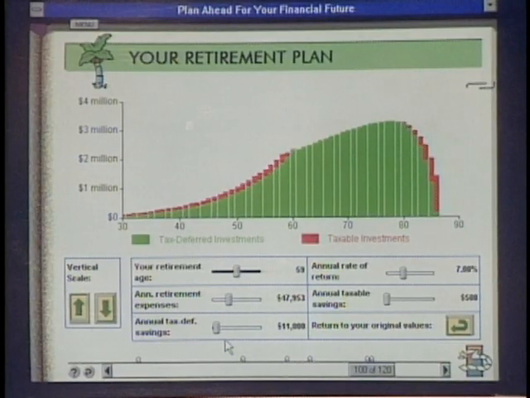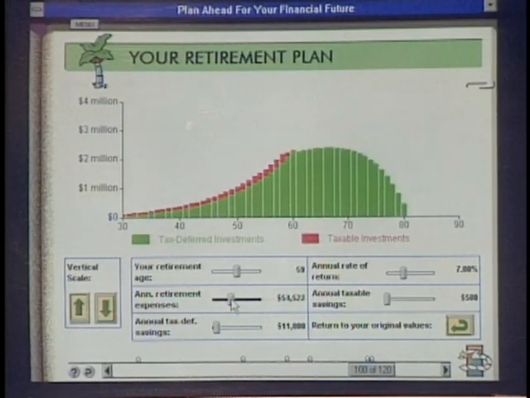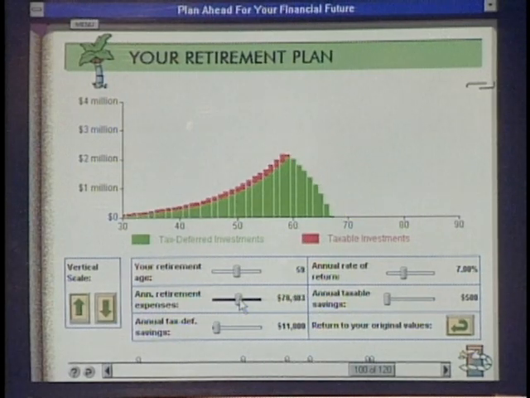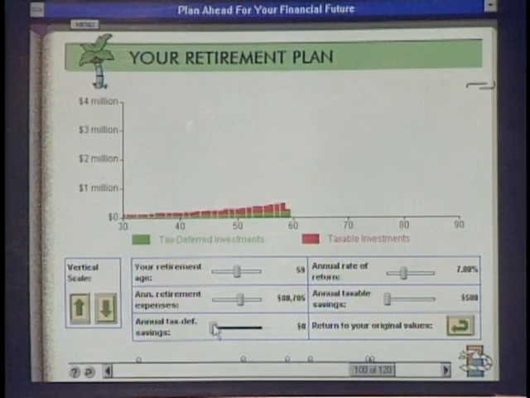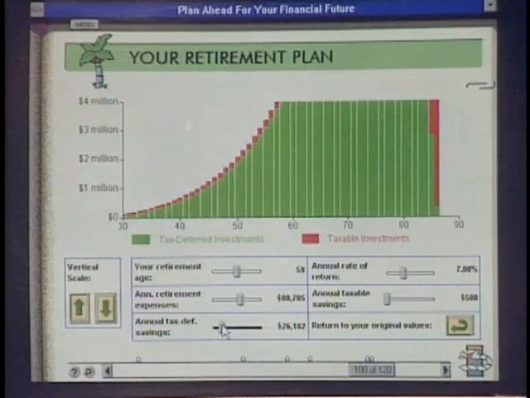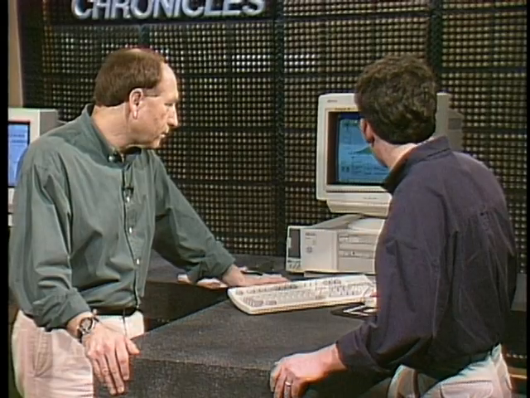All right, now the second one there is annual retirement expenses. So I'm assuming I need about $48,000 a year to live. If I'm willing to live on less or want more, I slide that. If you decide you want to live on more, then your retirement savings are going to be eaten away more quickly. Okay, and then how much should I be saving each year? Just simply drag that around. If you want to reduce it, save almost nothing, you're not going to have very much. Right. You go up, then you're going to have lots of money. You can change the scale of this chart too.